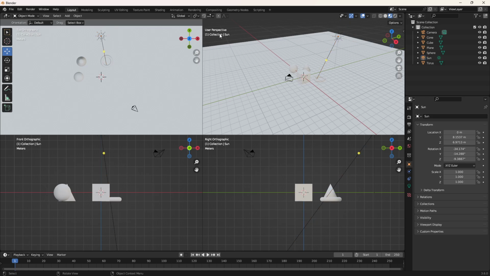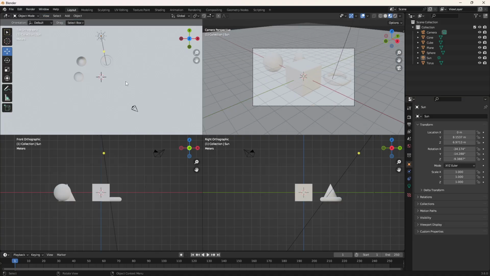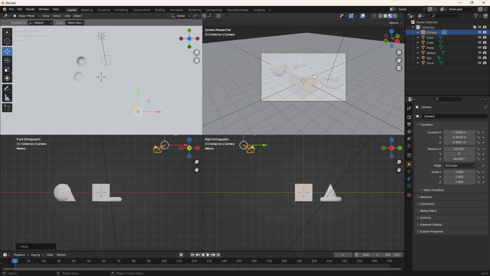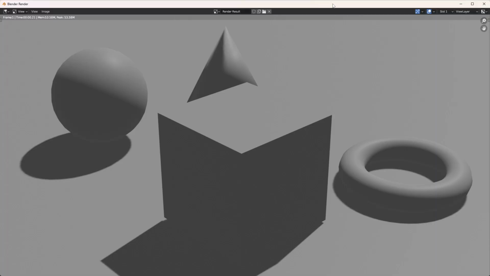Then I am going to take this top right viewport, and I'm going to go to View, Viewport, Camera, and that one will turn it into camera mode, so that way I can see what my camera sees. I like the look of that pretty well. Maybe I'll bring it up just a tad so that all my things are in view, and yeah, not bad. I'm going to hit the F12 key for a render, and hooray, we've got some objects and we've got some